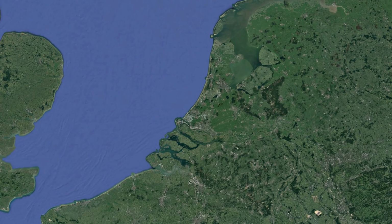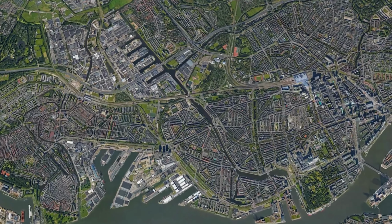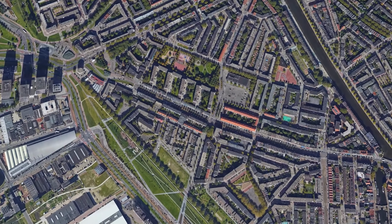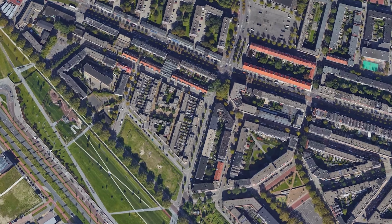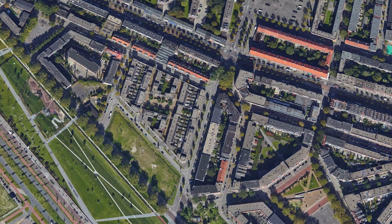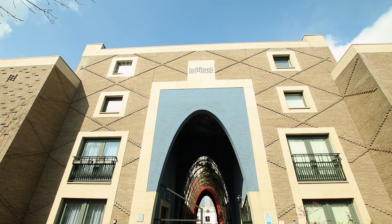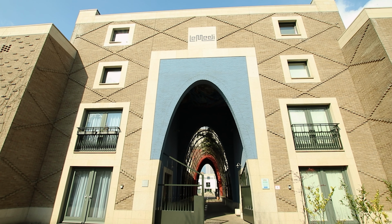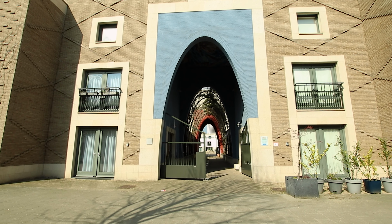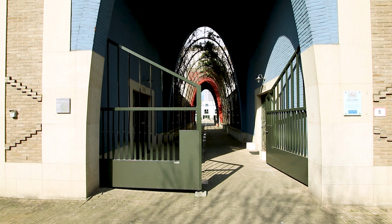Welcome to Delfshaven, a borough of Rotterdam with roughly 80,000 inhabitants who have migrated here from all over the world. At 70% of its population, Delfshaven has an astronomical amount of inhabitants from a migratory background, triple that of the Dutch average of 24%. This formerly problematic neighborhood is currently flourishing into a multicultural hub where people from all backgrounds